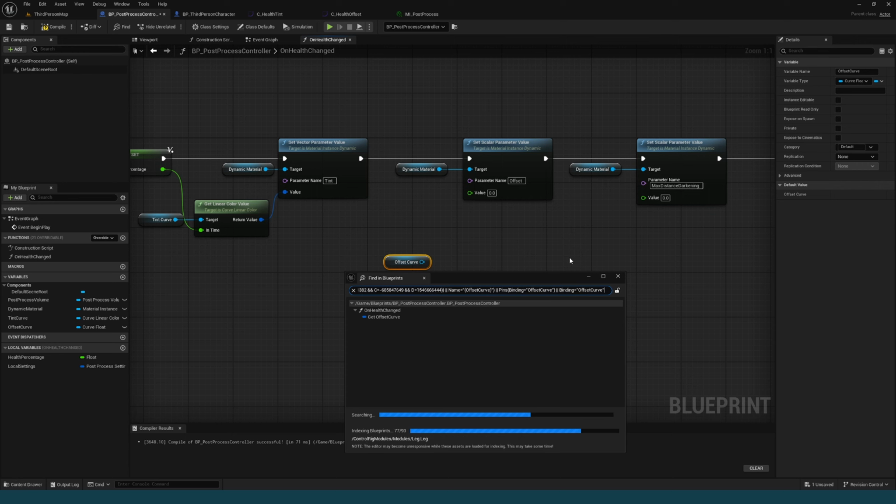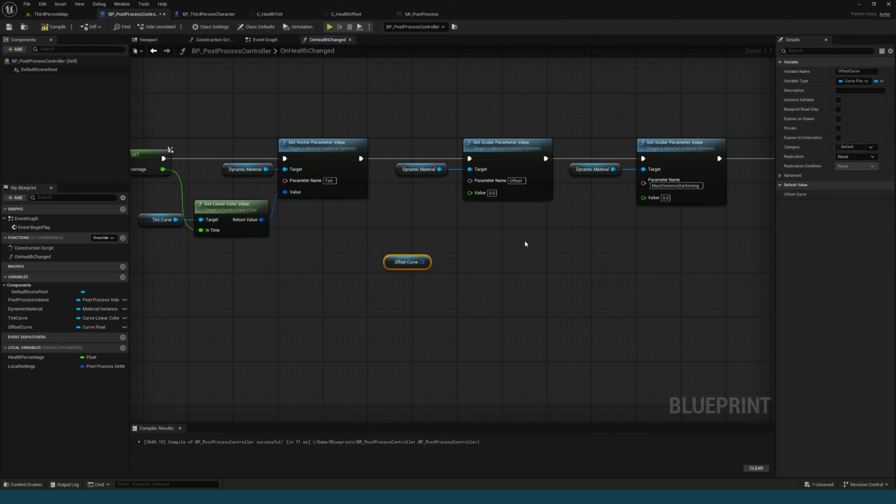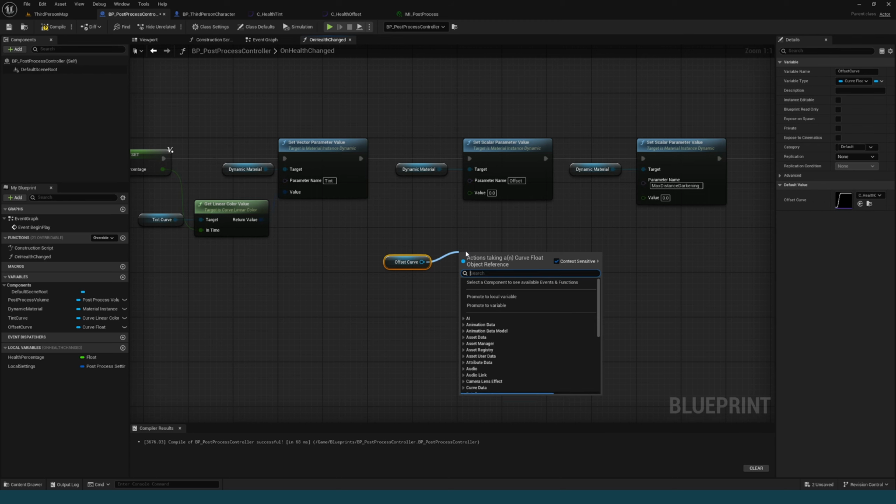So here some of the structures have the same names as our objects. We need to make sure we grab the right ones. Save and compile. Now we have our option for the offset curve. Do our C health offset. From this, we can get